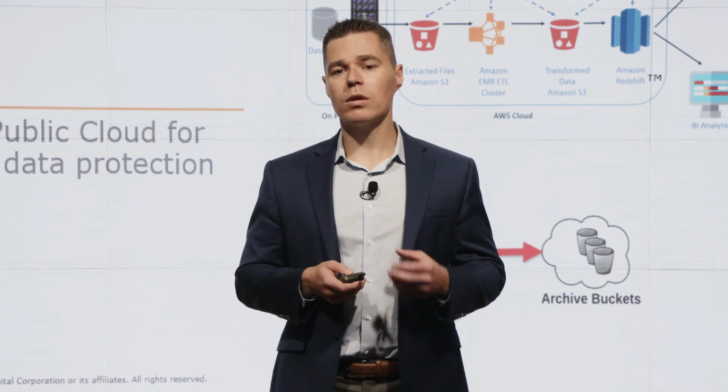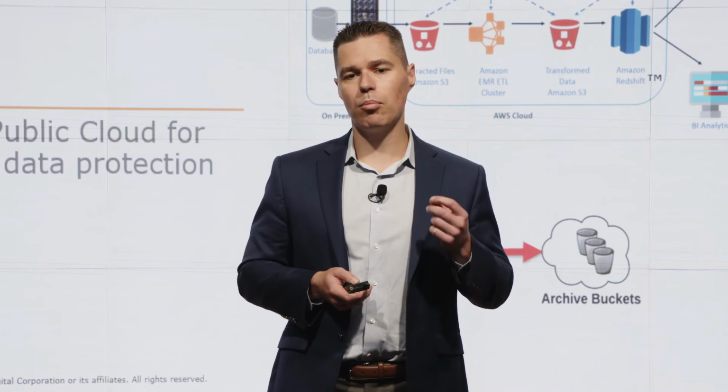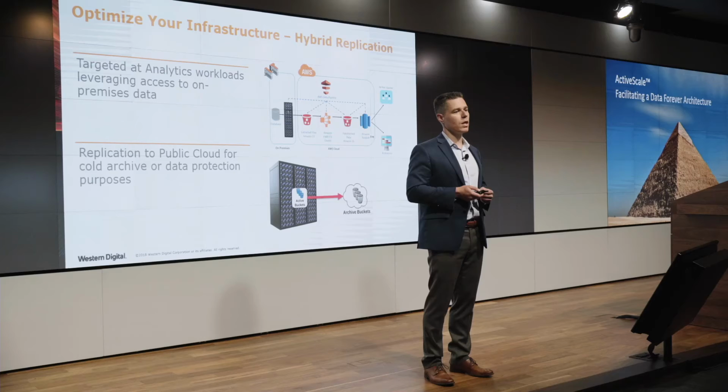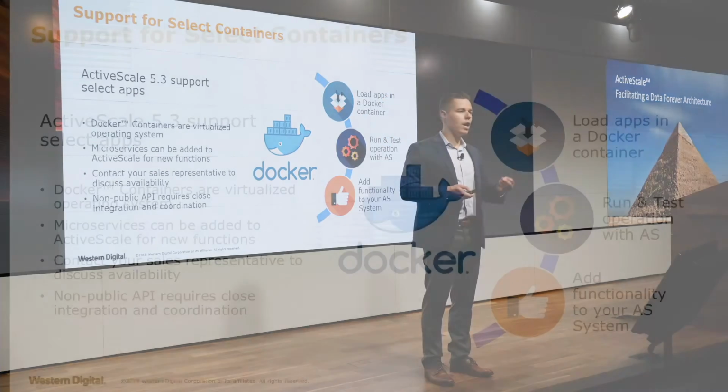So customers can now configure it on a bucket level and can tune for those data sets that they find important to replicate to the cloud. And there you can monetize it in different ways. The second way to optimize